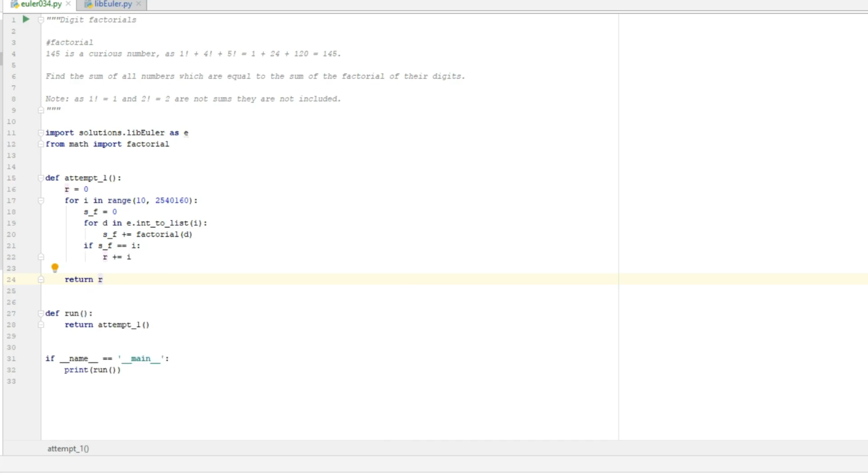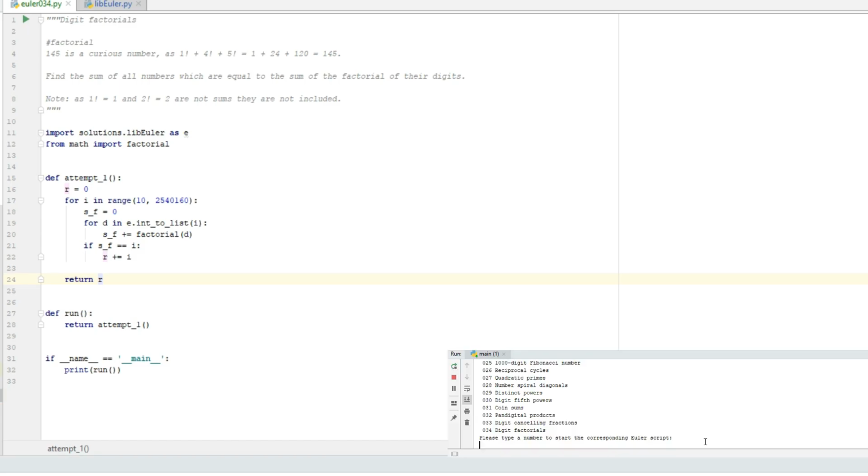Now we're going to start up main.py, I want to run problem 34. Now running. It took us 7 seconds, which is a long time, and I think we can improve on that. And it gave us